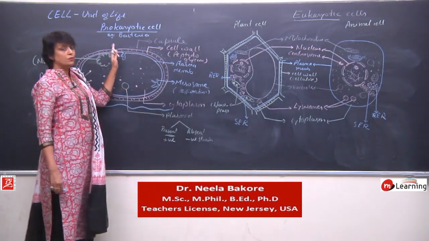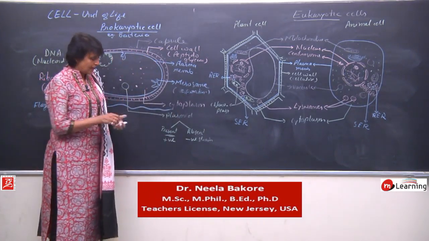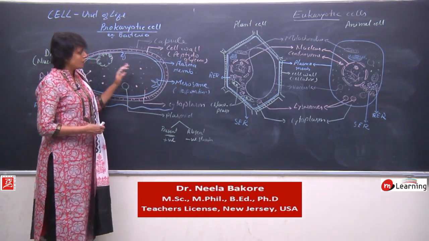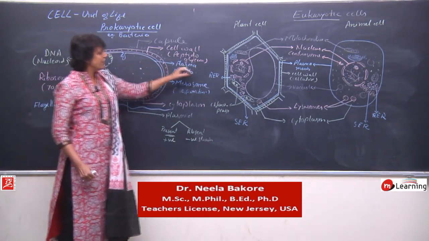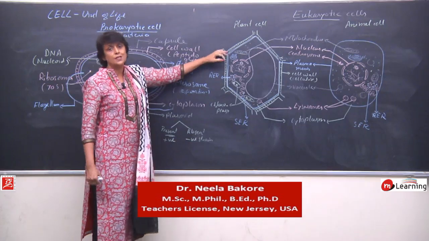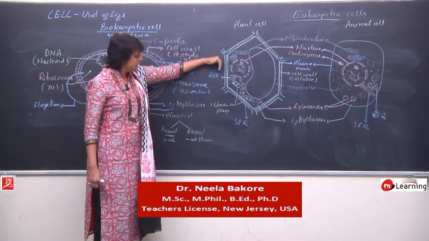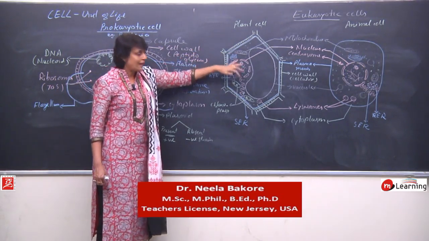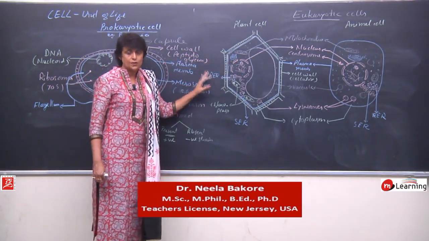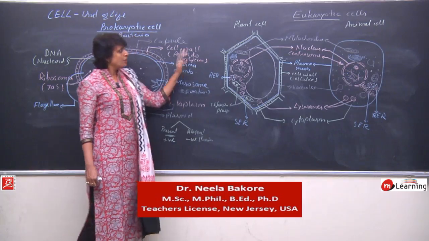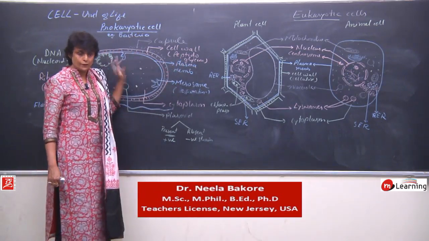So, two types of cells, prokaryotic and eukaryotic. Now, moving forward, we will take individual structures and see the details of them. That means we will talk of plasma membrane, then cell wall, nucleus, vacuole, mitochondria, each structure. These are called organelles. So now let us take the organelles one by one.